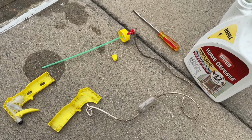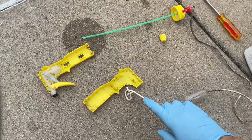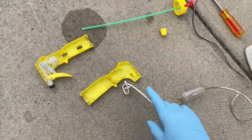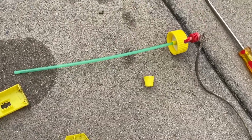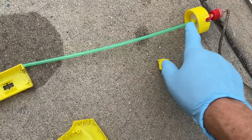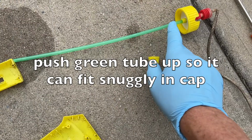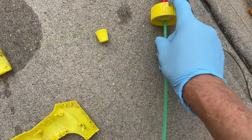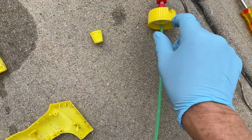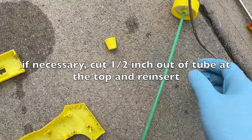So I have this insect sprayer, and the spraying part of it no longer works. So I took it apart, and of course you have this part here where you have the suction tube. So first thing you do is just push this green tube up the cap here and see if it works. If it doesn't,